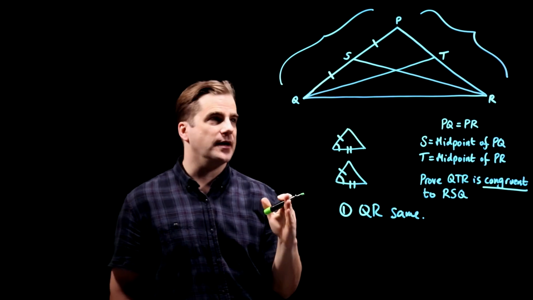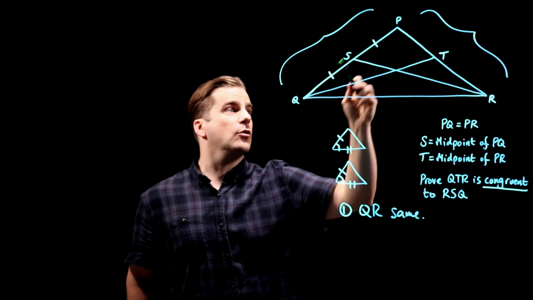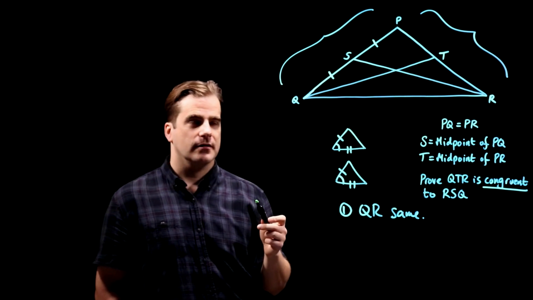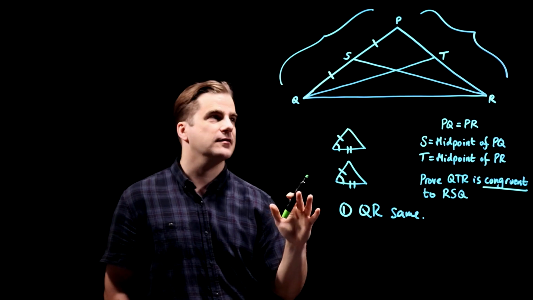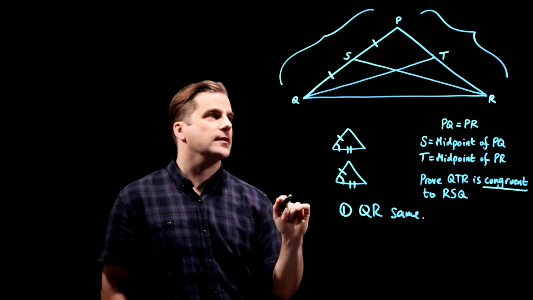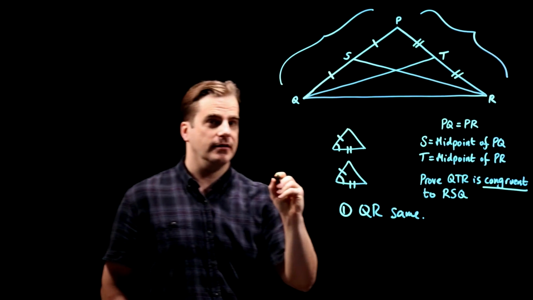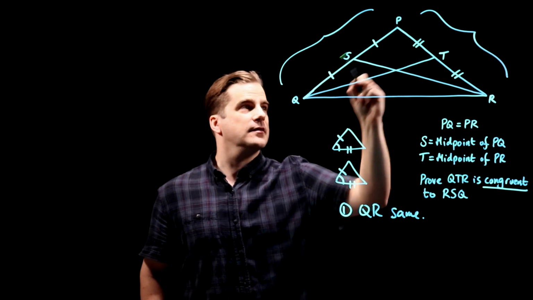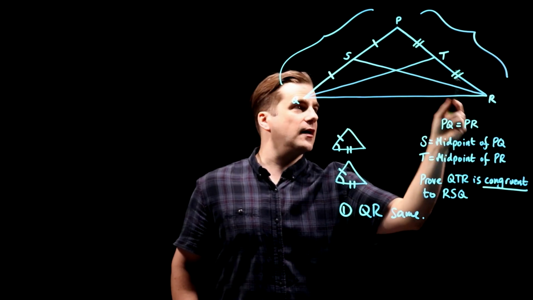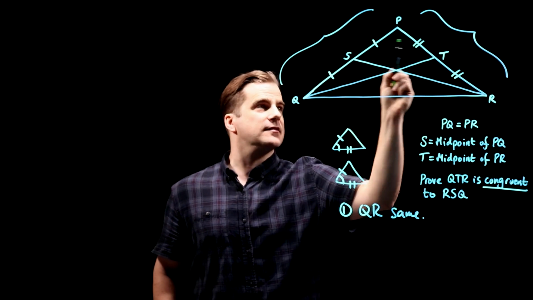But if I used one line like that, it would mean that all four are the same, and we can't immediately conclude that. At this point, we can conclude that SQ is the same as SP, and PT is the same as TR. But we can't say yet that that's the same as that,